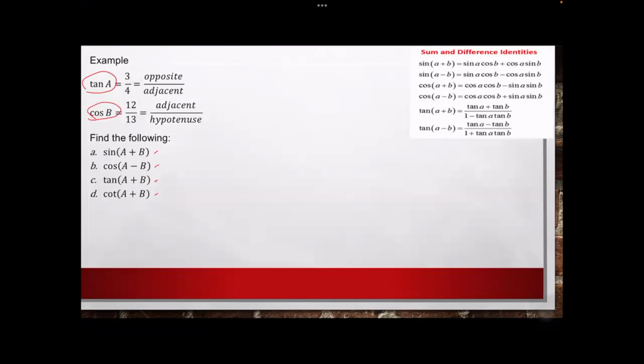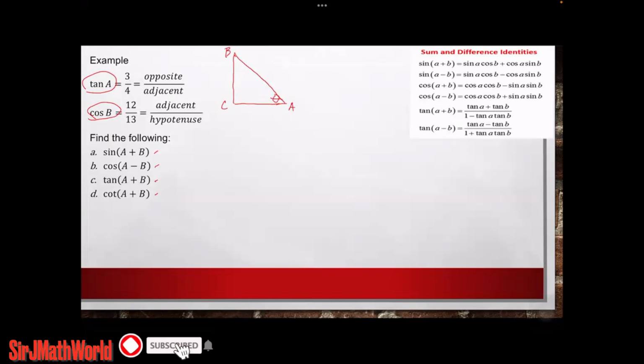Okay, so let's have first tan A. For the tan A, it's opposite over the adjacent. So kung ito yung letter A mo, A, B, and C, ito yung reference angle. Yung opposite mo, asan natin ilalagay yung opposite? Andito yung opposite. So, this is the 3 over 4. That is for reference angle A, so that is 3 over 4. Now, for the letter C,